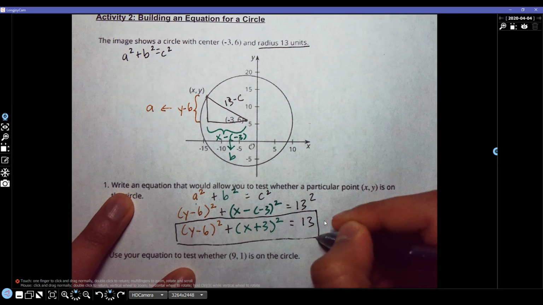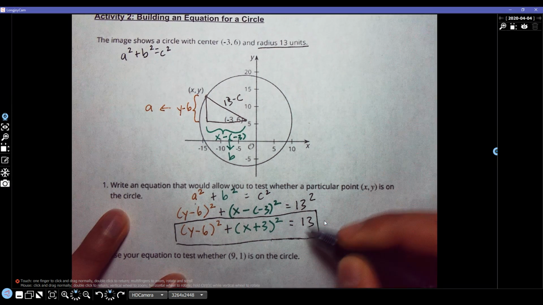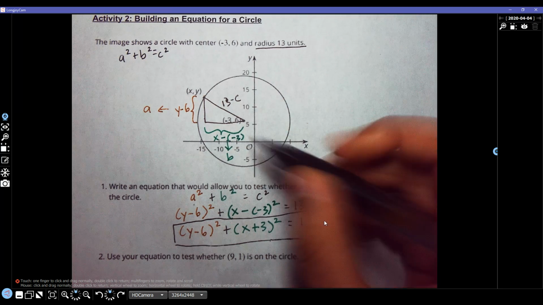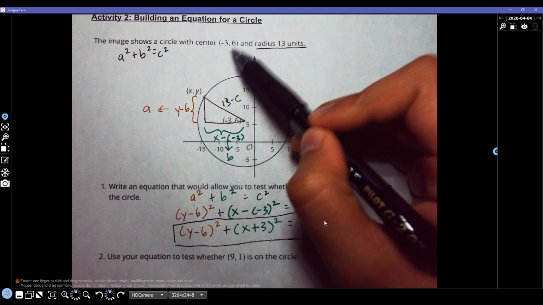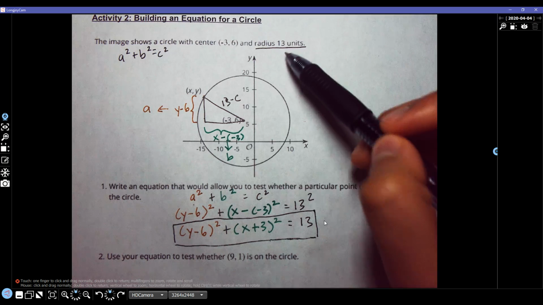test whether any point x, y lies on this circle, where we've got our center of negative 3, 6, and a radius of 13. So now we're going to apply this